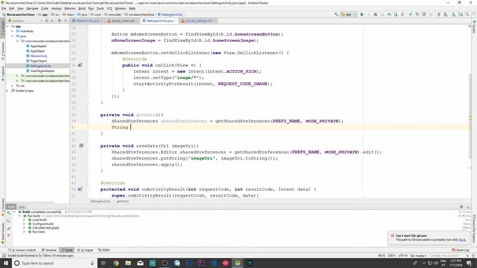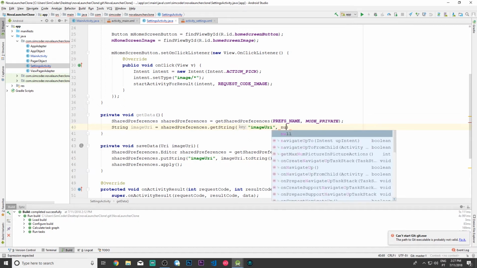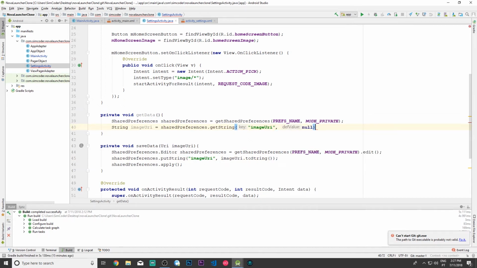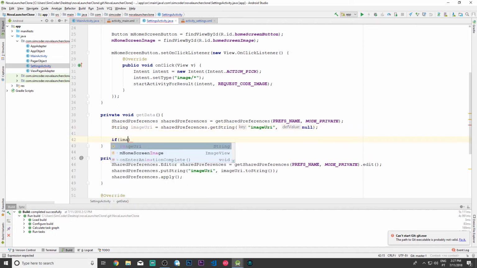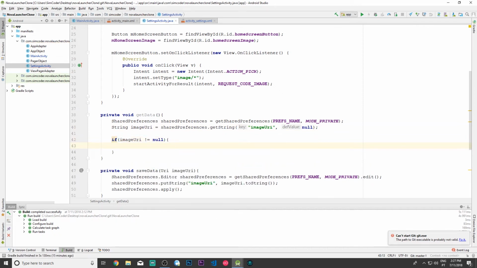And now we simply say String imageURI equals to sharedPreferences dot getString, and we pass on the string that we want. So we want the string that has a variable name of imageURI. Okay, and then we pass along the default value in case it doesn't exist already. And in this case, we'll just get null. So now we say if imageURI different from null, then we simply